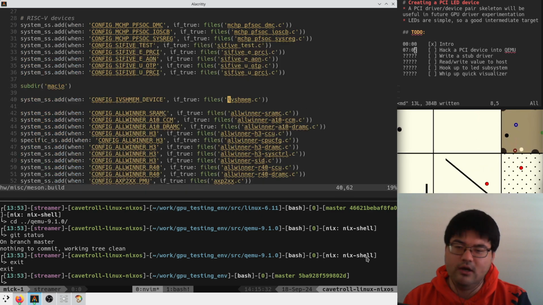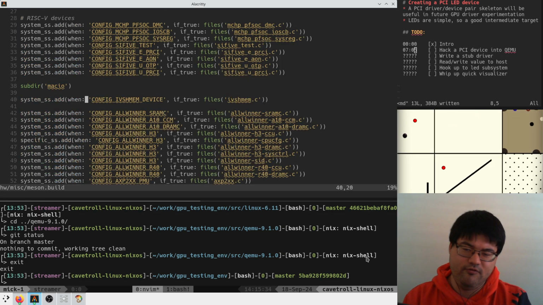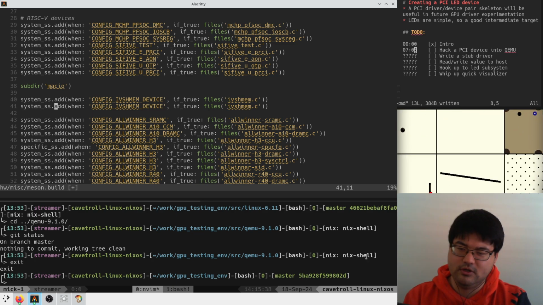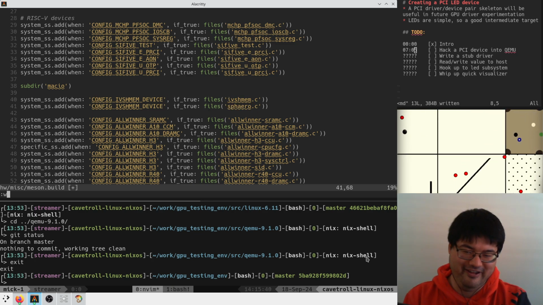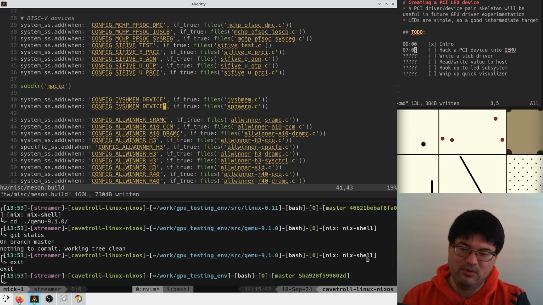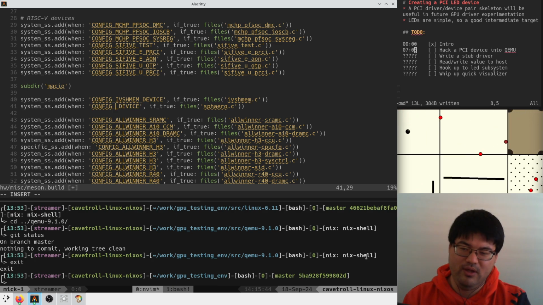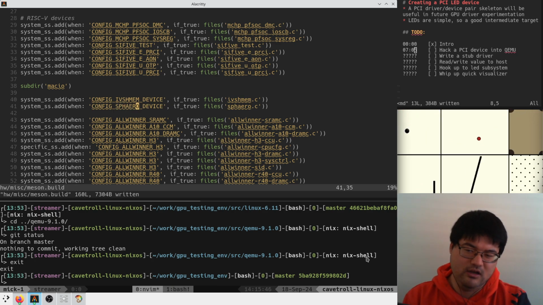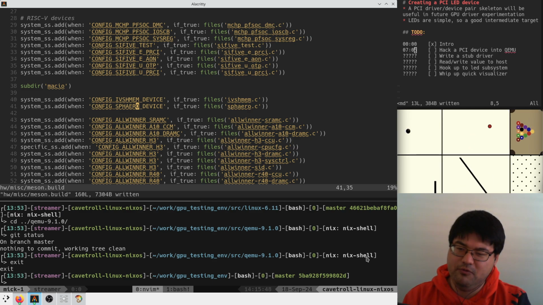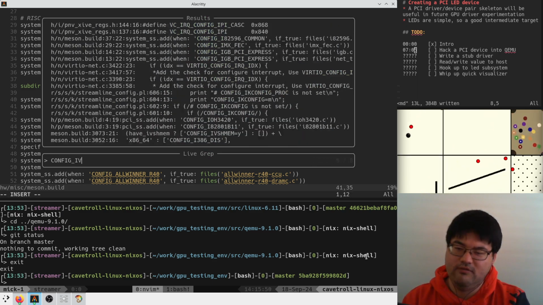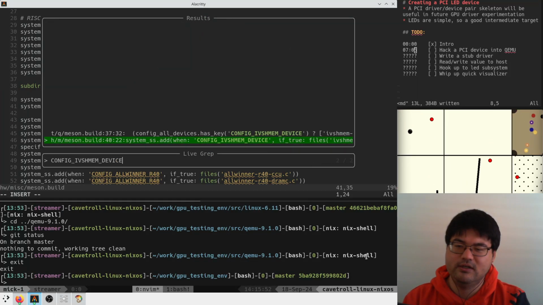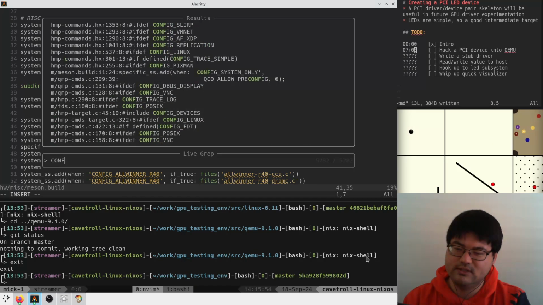Right? And so in here, they have config ivshmem device. If that's true, we compile this thing. So it's like, okay, I guess we'll do that. And I guess we will probably say if we have a Sphero device, we want to do that. And if you grep for config ivshmem device, or maybe just ivshmem device,